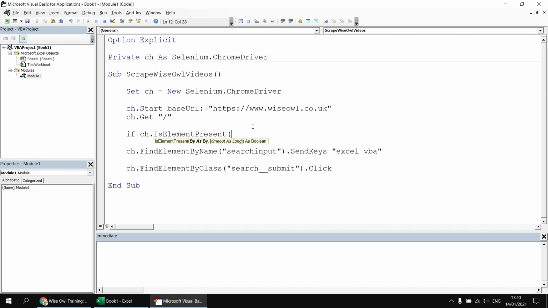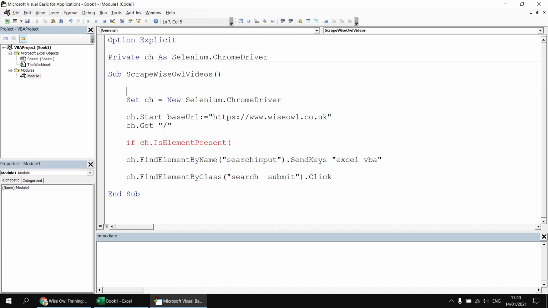In order to find the element I'm interested in, I have to use something called a By object. It's not a particularly meaningful name, but if you think about the methods we've used so far, find element by name, find element by class, that's what the By object is dealing with. So just to show you how one of those works, I'm going to head up to the top of the subroutine, ignoring that my code has a syntax error at the moment, and declare a new object or variable called findBy